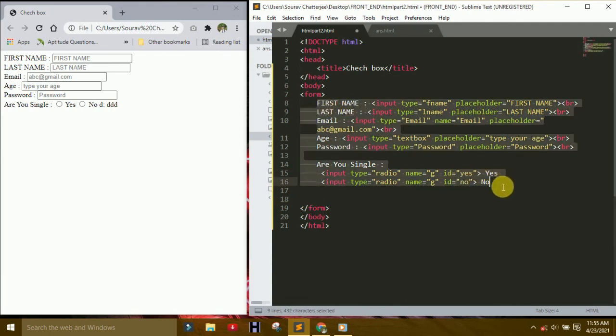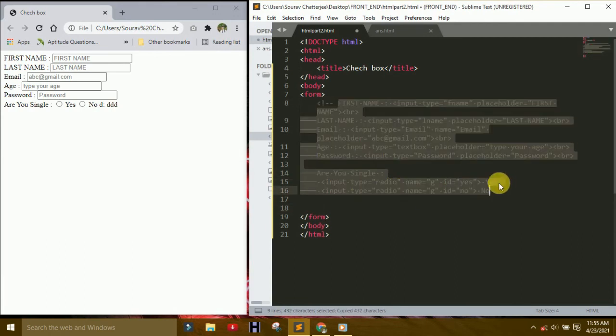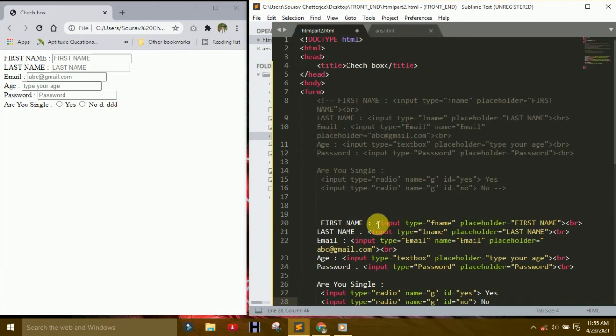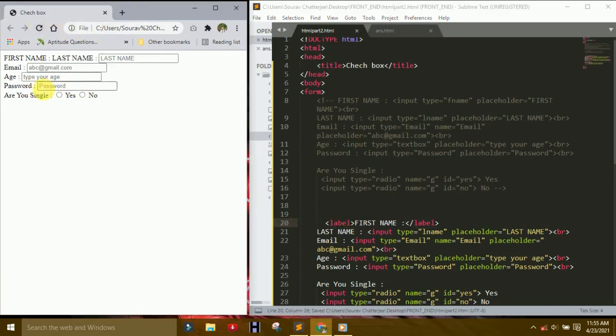If we copy from here and comment it, and after that change the label. Label is the same, or you can write from here like that. Okay, you cut from here and paste it here to see the changes. Last name, first name. So you can change from here.